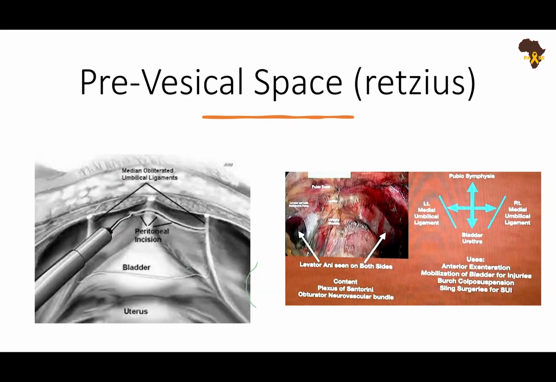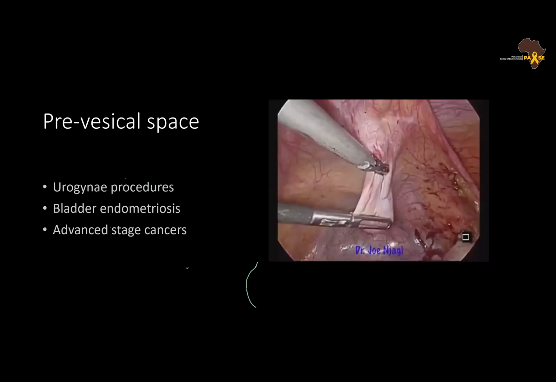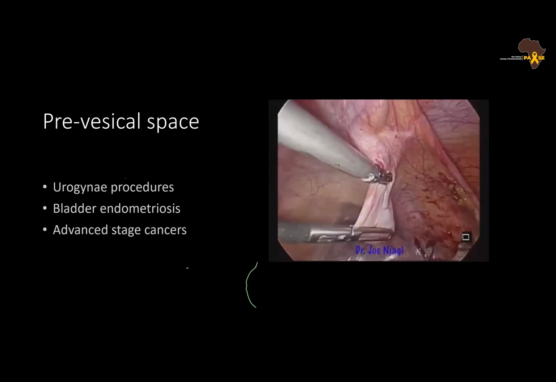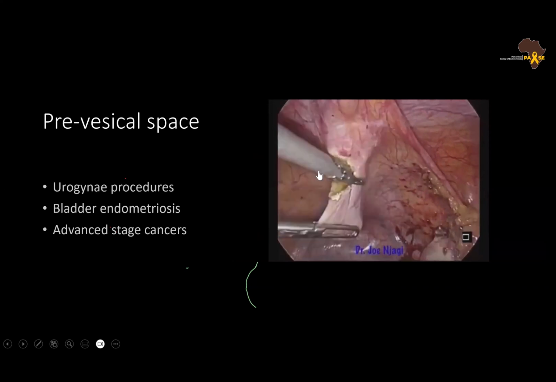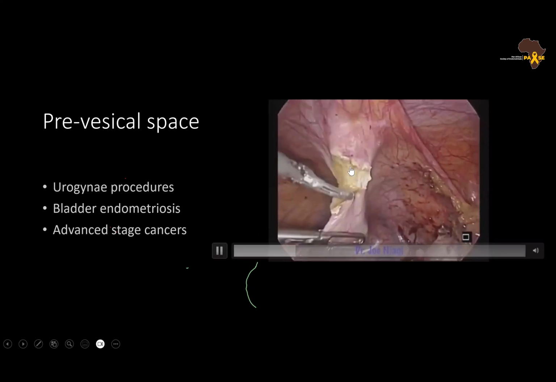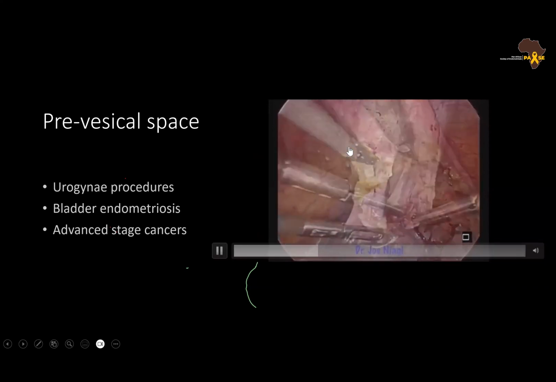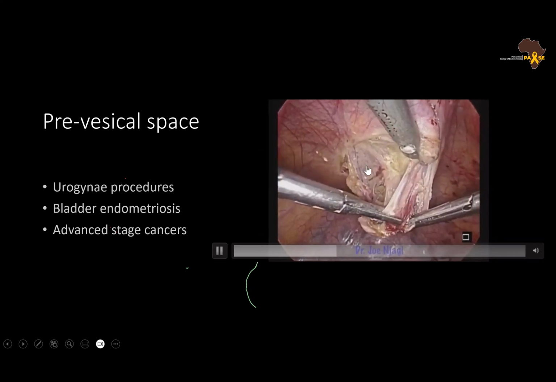We move further into one of the other midline spaces, the prevesical space, the Retzius. It's hardly a space that we use in endometriosis unless you have a bladder nodule, an endometriotic nodule, but otherwise it's used in urogyne procedures and can be used in advanced stage cancers. But it is approached between these two obliterated umbilical arteries. You open the peritoneum, and in this space, as you further open it up, you will actually now again encounter